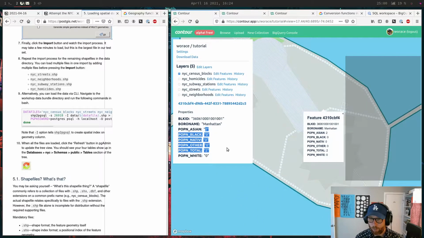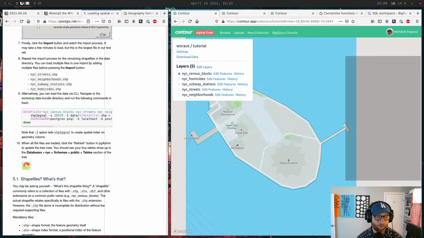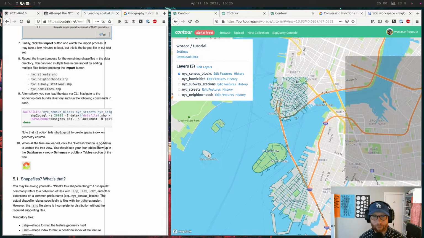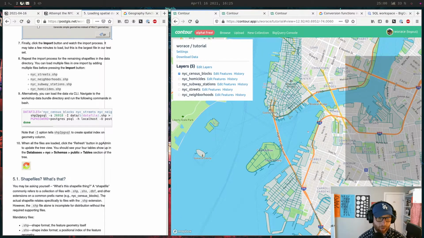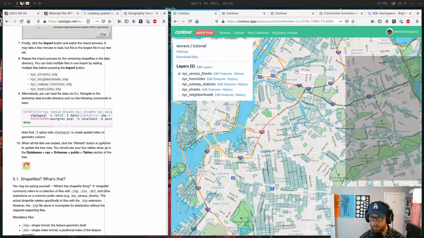Wow, who are the two Asian people that are purported to live on the Statue of Liberty? I would like to know more about that. That'll be an interesting query to look at later, maybe what are the lowest ones by population. Anyway, I have those loaded in here, and this page will let you visualize it, get vector tiles and view it on the map.